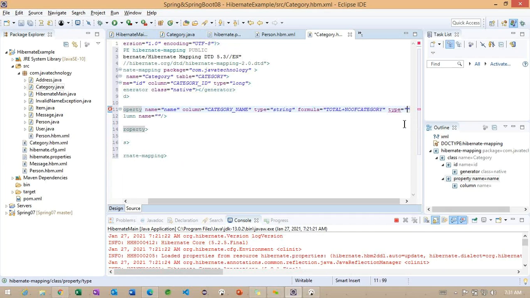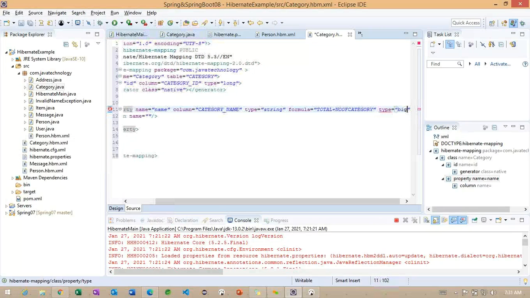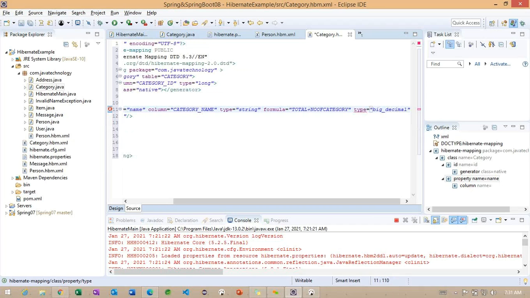The type also we can specify. Definitely we are going to get a decimal value here. So to make it a decimal value, we can specify it like this here.